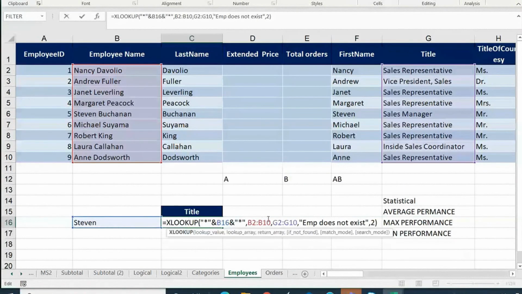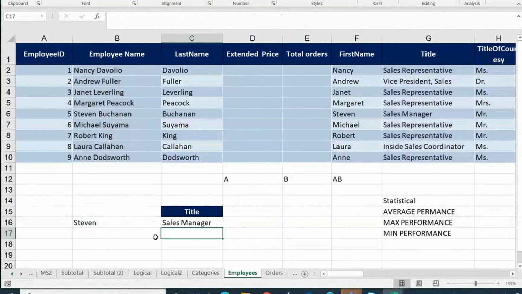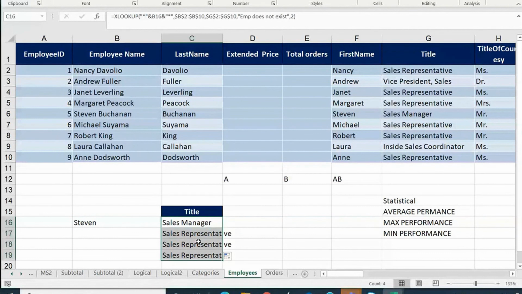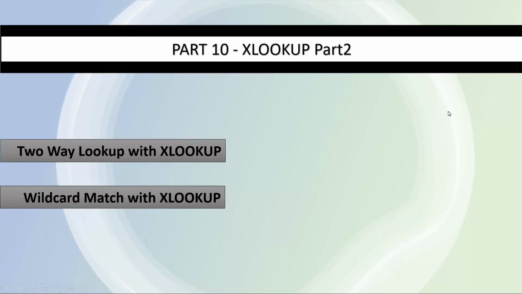Now if you want, you can also run this for the other data. If I lock my ranges, make this absolute with F4, make this also absolute with F4, enter. If I run this for more values down, I'm getting Aura. Look at this, we have Michael. So whatever I write, whether it is the beginning or the end, I'm able to get it. This new function XLOOKUP is truly wonderful. Hope you agree with me.